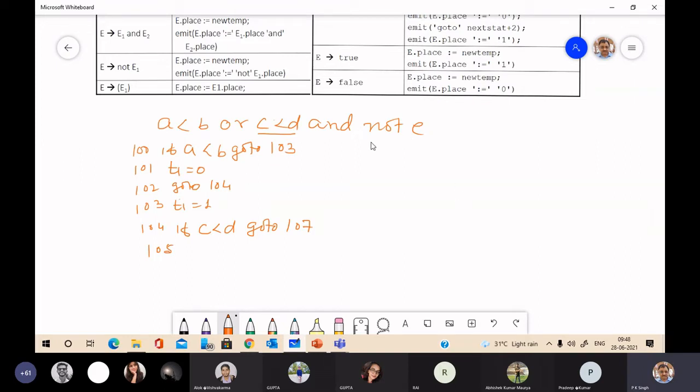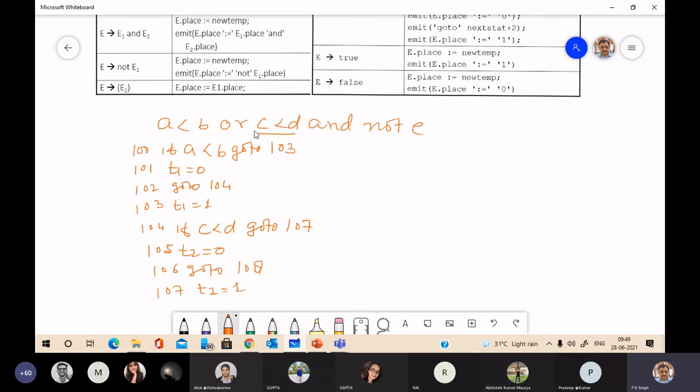For this conditional expression, again a new temporary will be generated. Suppose that temporary is T2. T2 equal to 0. Then next is go to next state plus 2. Means at 106, go to next state is 6. So 108. At 107, it will write T2 equal to 1.